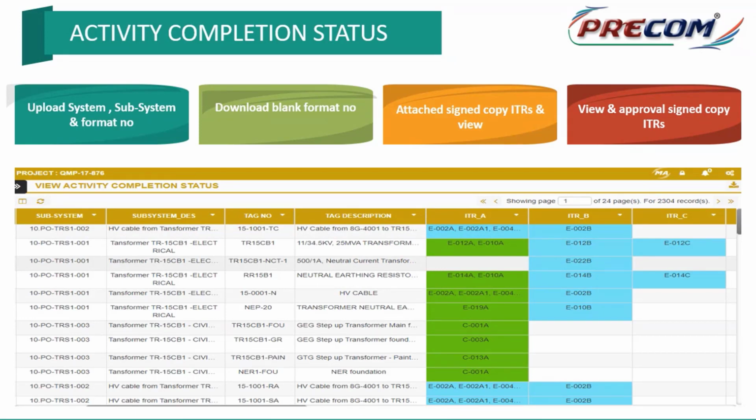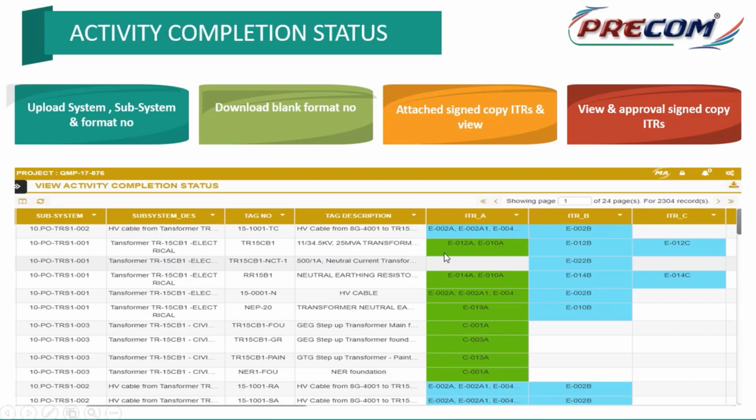So for a particular subsystem, I have 10 tags. Once all the 10 tags have become green color in AITR, it is a representation that that system is eligible for CCC, construction clearance certification, and it will be available for construction clearance certification, and then the certification can be taken at CCC level. So first point, what we are doing is we are doing ITRs at individual tag level, and then finally we are generating CCC, MCC, SCC at subsystem and system level. So this is the overall theme and logic of the software.